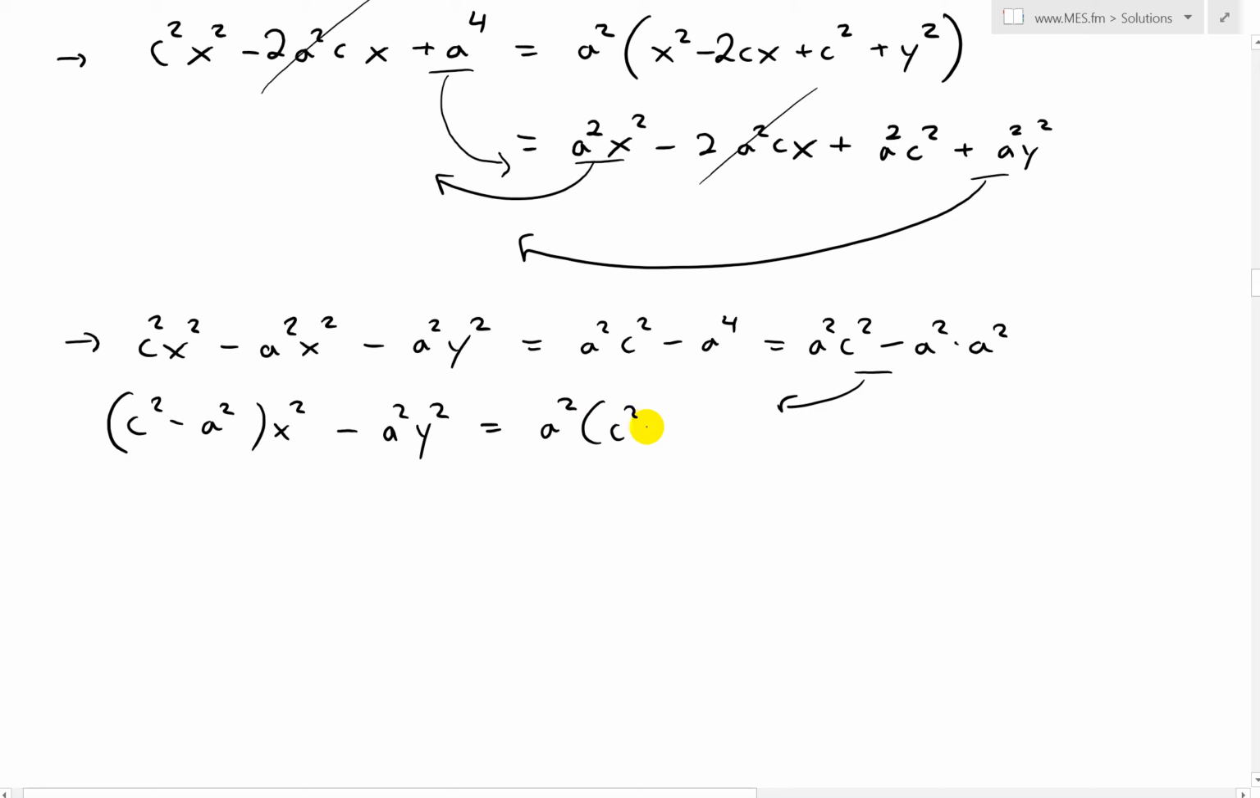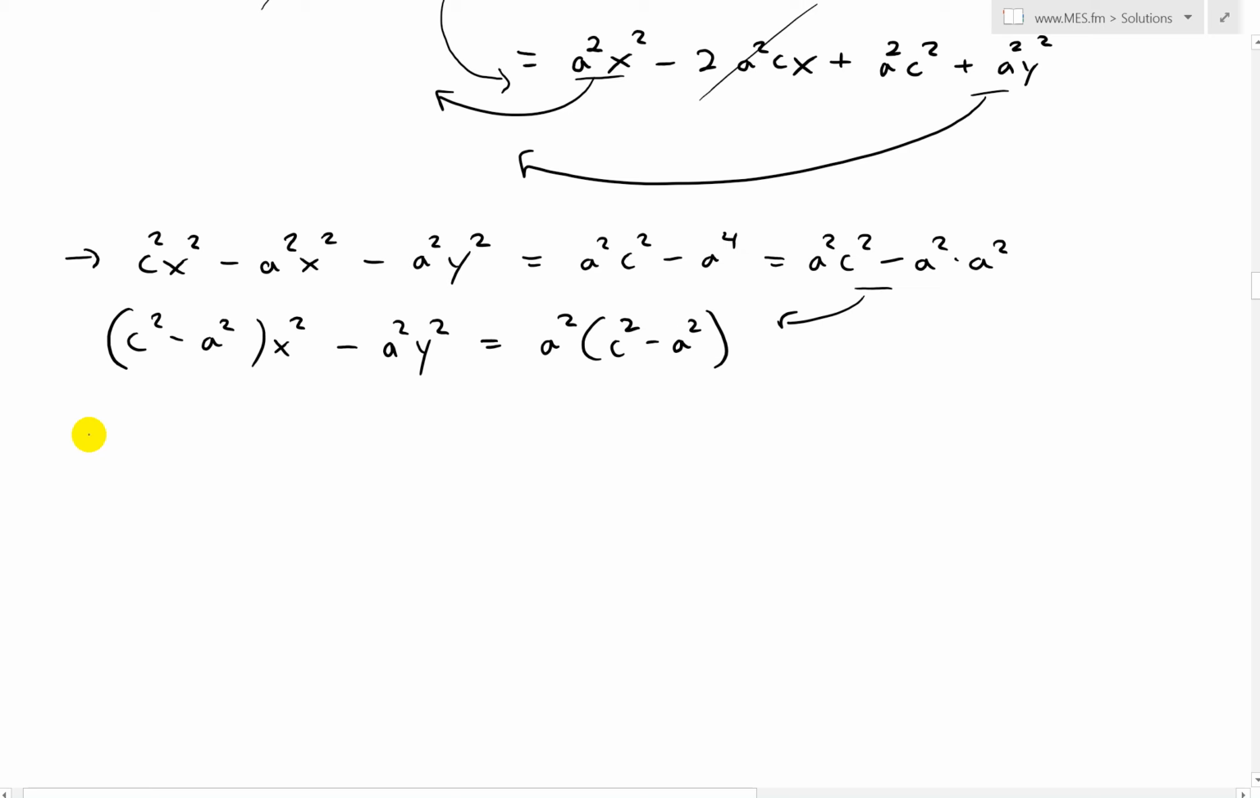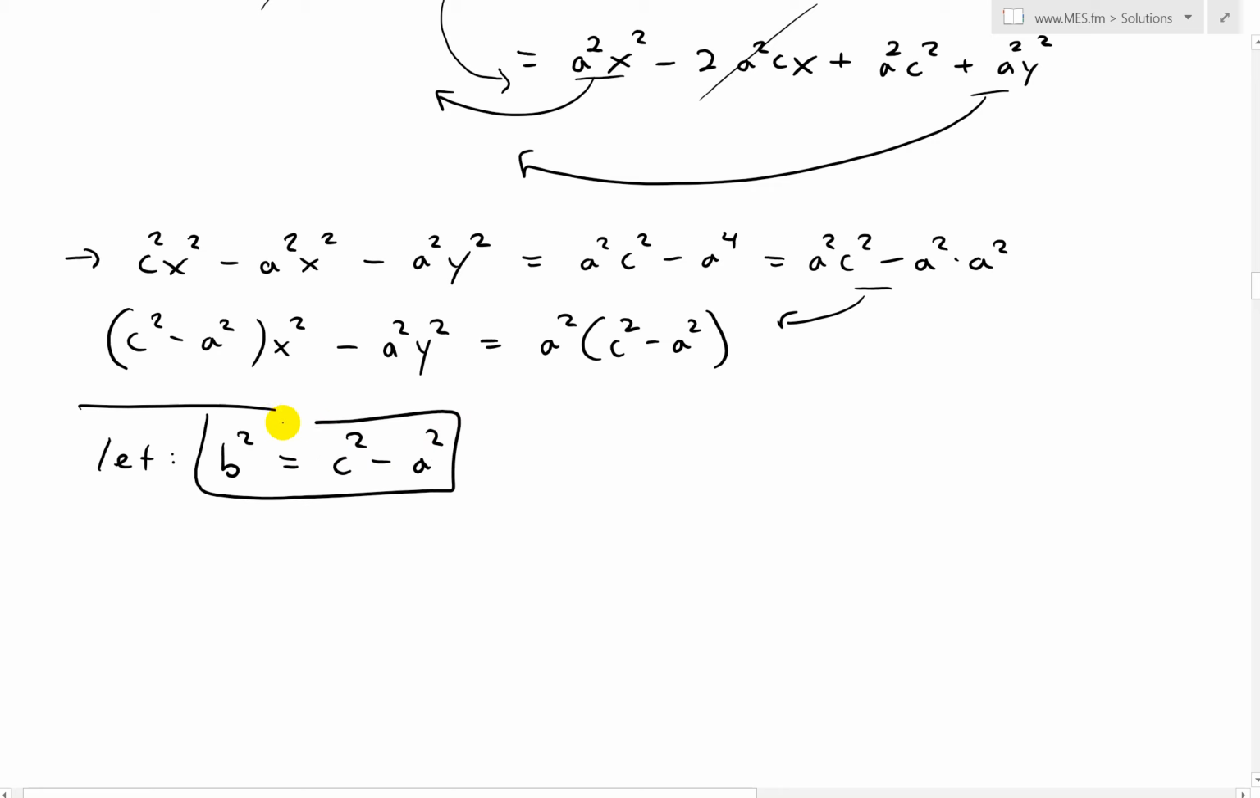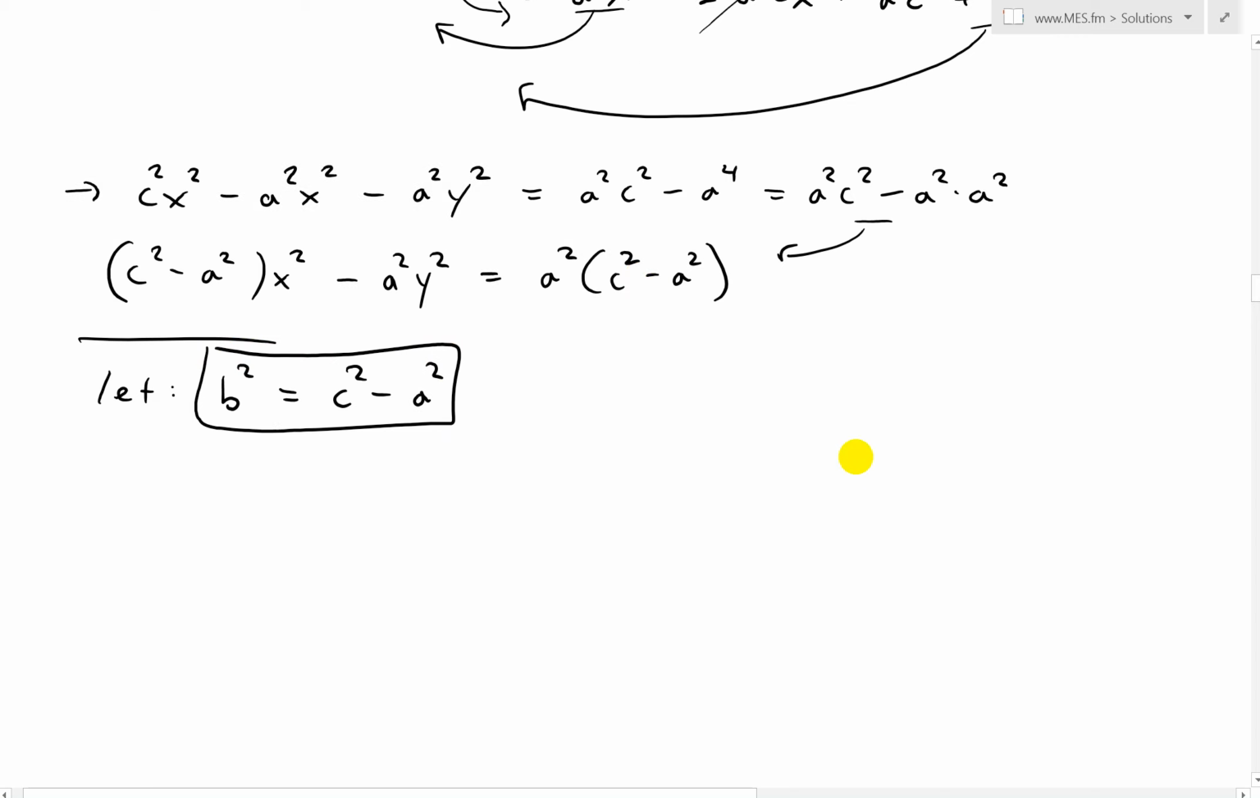So we get a c squared minus an a squared, bracket closed like that. And now what I'm going to do is let b squared equal c squared minus a squared. I'll just write this a bit better. So a squared like that. So b squared, let that equal c squared minus a squared, so we can simplify this whole function. Thus, we have